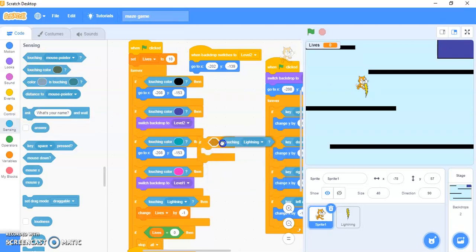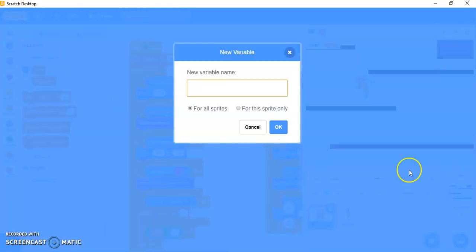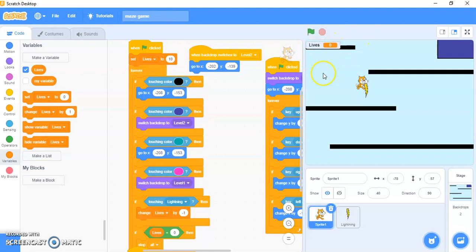If it is touching the lighting, then I want lives to be reduced. I will tell you how I got this lives. It is actually a variable. So let me tell you that first, how I created that variable. For creating this lives, you go to variables and click on make a variable. Over here you write the name, like I have written lives, and click on OK. Once you click on OK, it will appear over here, right?